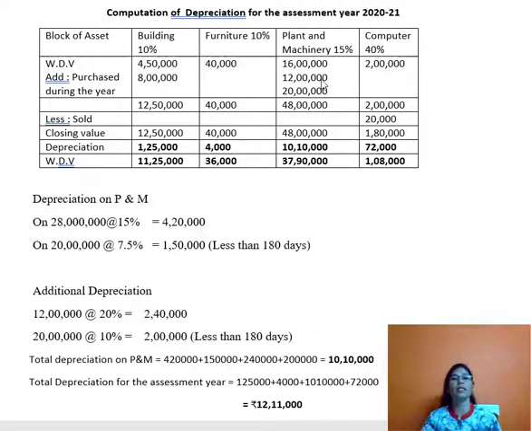So we have two assets here, plant of 12 lakh and plant of 20 lakh. Now let us see the additional depreciation that is to be charged on the plant and machinery which is purchased. One is of 12 lakh and another is of 20 lakh. On 12 lakh at the rate of 20%, we get 2,40,000, and the machinery costing 20 lakh which is used for less than 180 days, so it is half of the additional depreciation, that is half of 20% comes to 10%, which is 2 lakh rupees.